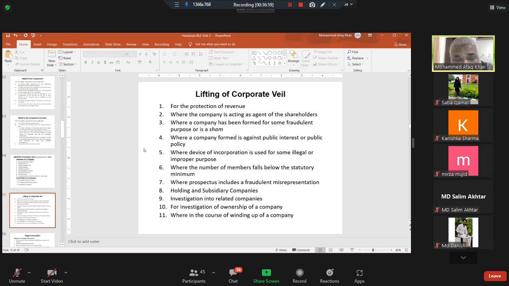purposes. For some illegal or improper purpose, if that company has been incorporated with that particular motive, then it's necessary for the investigative agencies to expose the members who formed that particular company. Where the number of members falls below the statutory minimum, that is 2 in case of a private company and less than 7 in case of a public company, then in that case